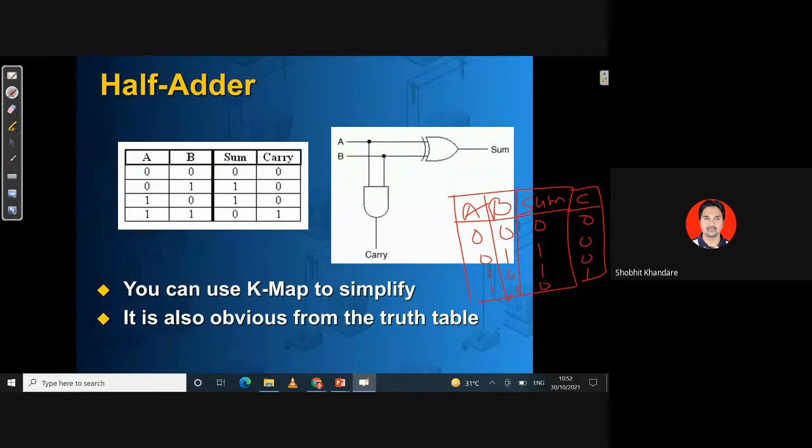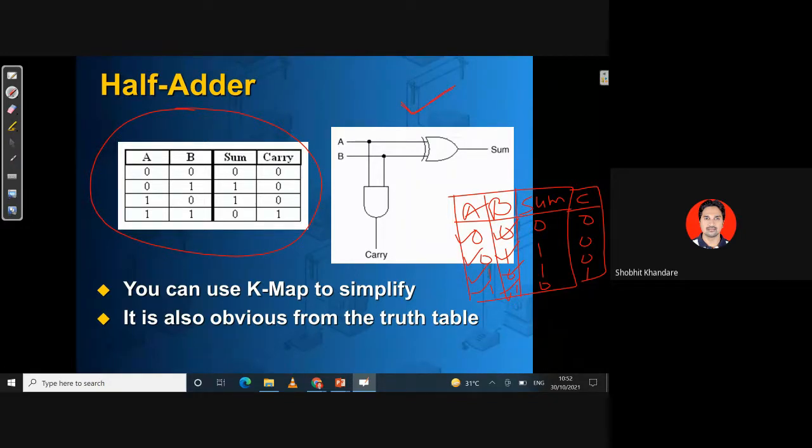Okay. Now, this is a truth table for the addition of 2 bits. Which are the 2 bits? 0, 0, 0, 1, 1, 0, and 1, 1. Now, if this is the truth table I have given you, and if I ask you to get me the logic diagram, the digital logic diagram, then this logic diagram is this.